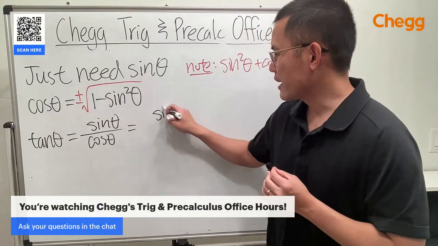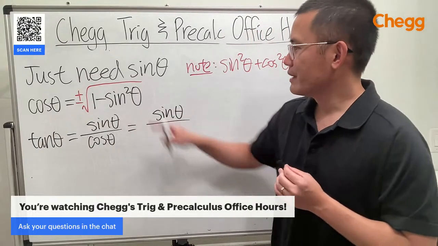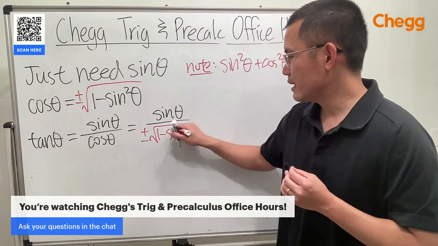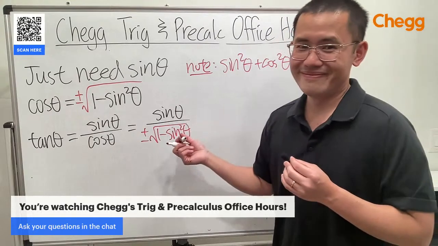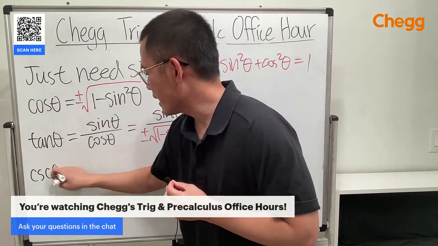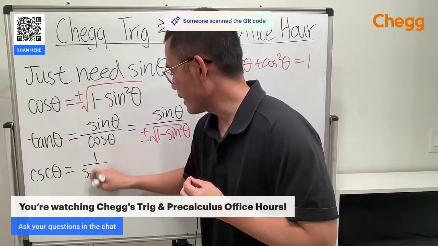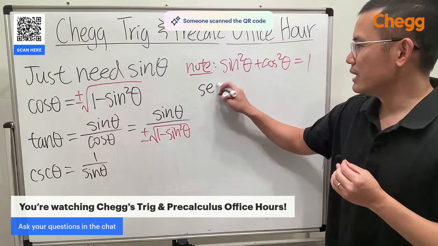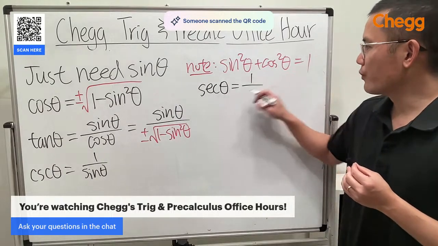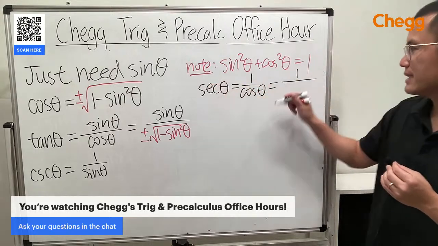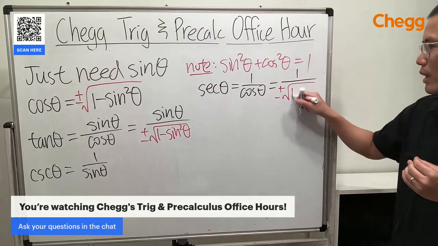Well, that's just going to be sine theta over this thing, plus or minus square root of 1 minus sine squared theta. And then, of course, we can also do the rest. Cosecant theta, this is just 1 over sine theta. That's it. And then, of course, we can also do secant theta, which is 1 over cosine theta, and we can write it as 1 over that, plus or minus square root of 1 minus